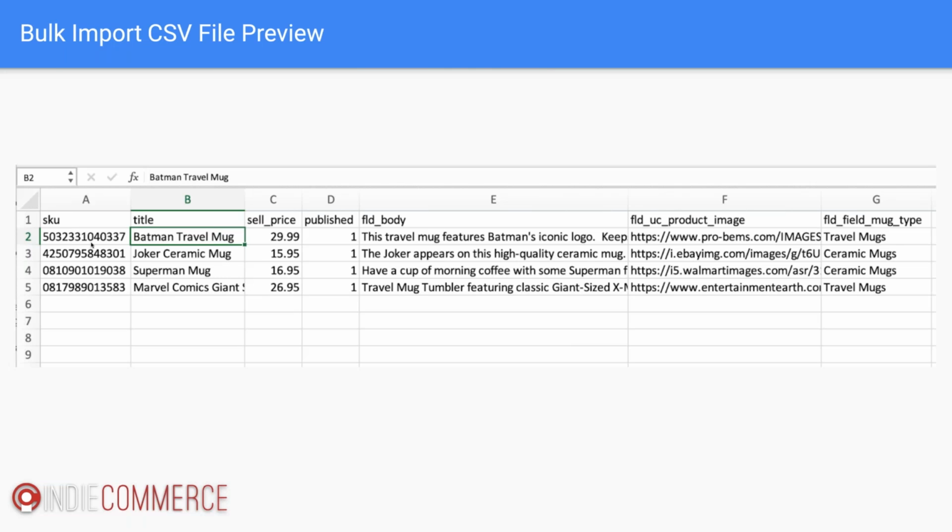So if you don't have SKUs for these products, you would need to create them somehow, and each product would need its own SKU. So it sounds like what you're doing is a category type thing. So anything that's of this category, you would enter 3. But because each product within that category naturally has its own inventory levels, let's say if all of these mugs were category 5, for example, but I might have 10 Batman mugs and no Joker mugs at all and 15 Superman mugs. So we just need to be a little more specific and assign a SKU to each one of them.